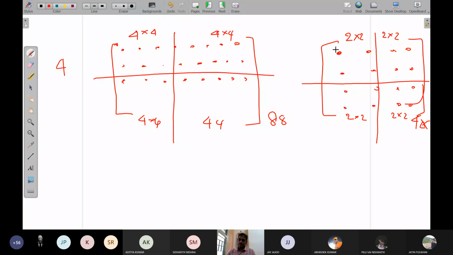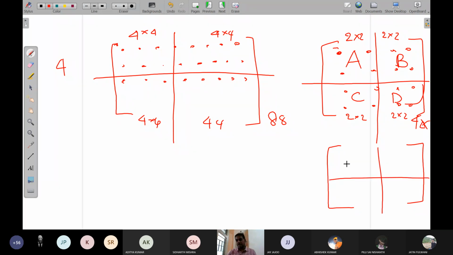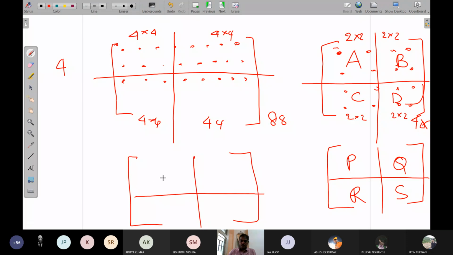But now the situation is, this is a matrix and we will consider this as a matrix A. This is B, this is C, and this is D. Now, if you follow the matrix multiplication pattern, what will happen? Similarly, another 4 by 4 matrix will be there, with P, Q, R, and S. If you multiply these two matrices using the matrix multiplication formula, what is the result? What will come here? These are not elements, but the elements pattern you can follow.